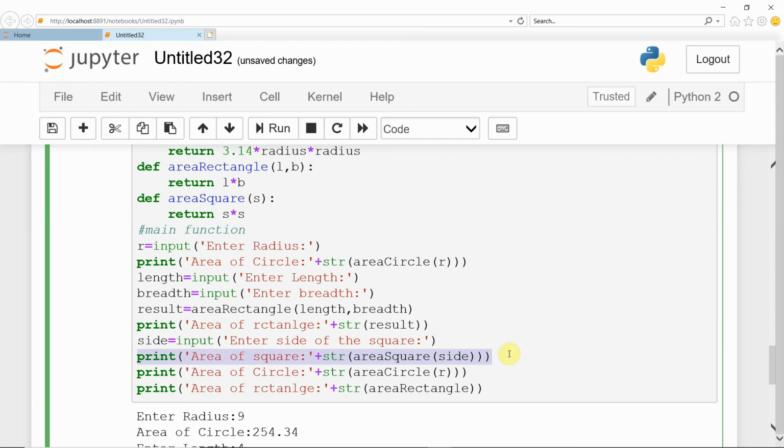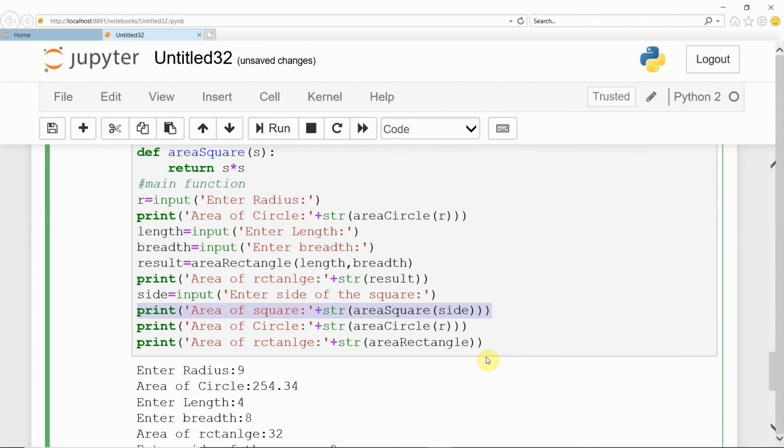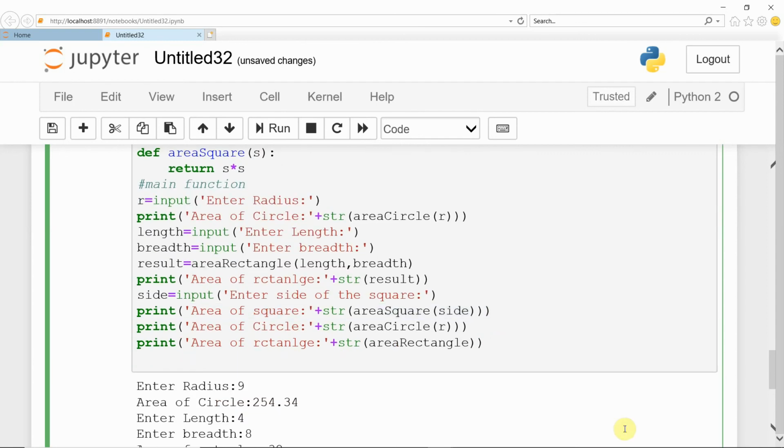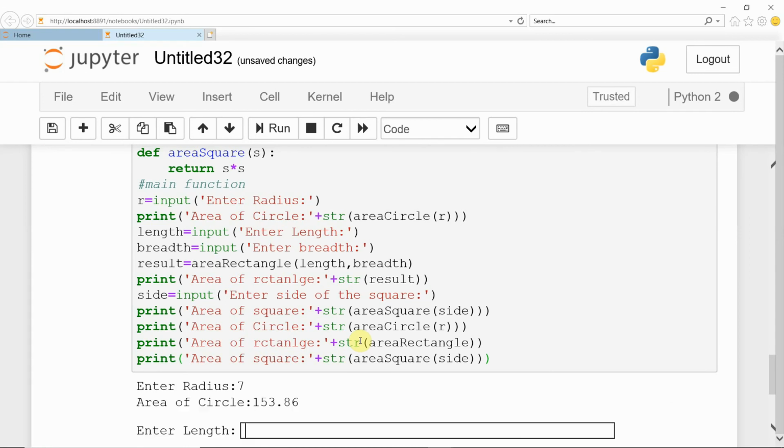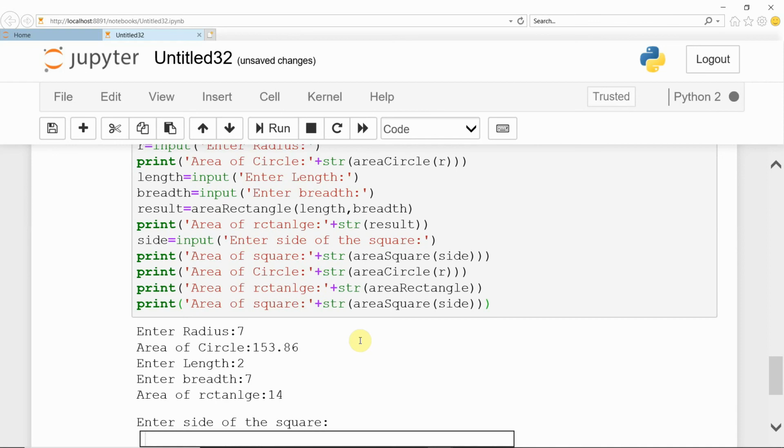Copy, paste. If you run, you can see the function being called any number of times, which reduces the length of the program.